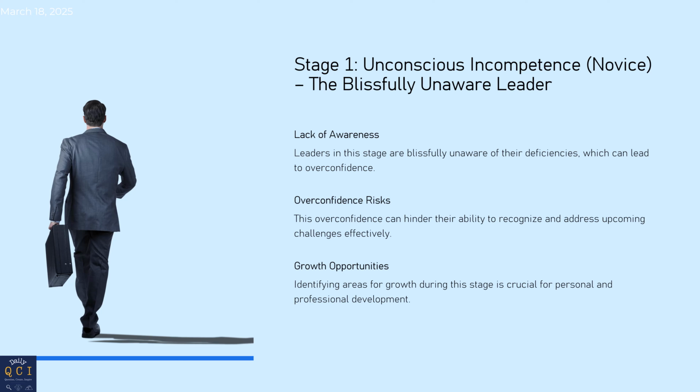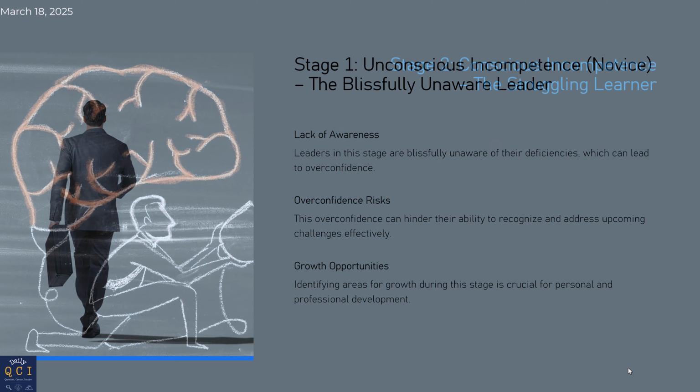You're still relying on strict rules and guidelines. You lack situational awareness. So maybe you are micromanaging because you believe that a leader has to control the situation. So you don't know what you don't know. So keep your mind open, keep learning. And we'll move into stage 2,